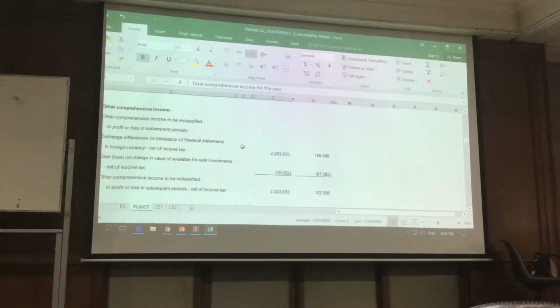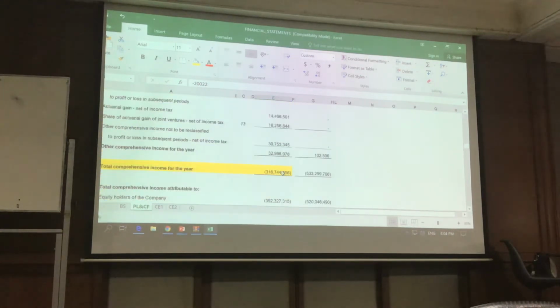What is in OCI? You learned about this before. You remember this? AFS, available for sale, from the mark to market. It's right here. Gain or loss on change in value from AFS. It's right here. Alright, so